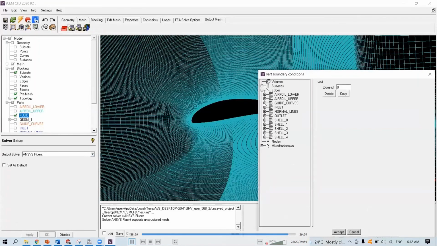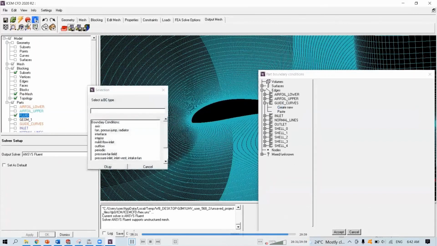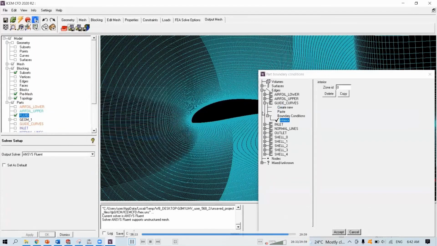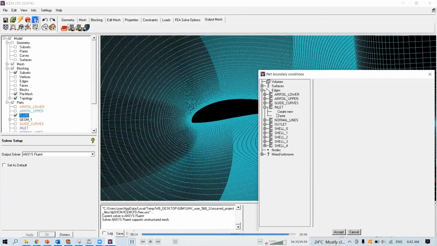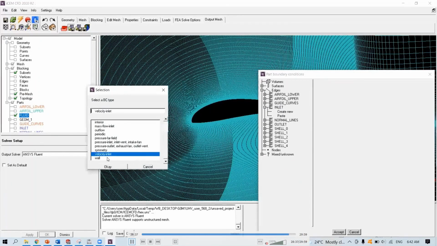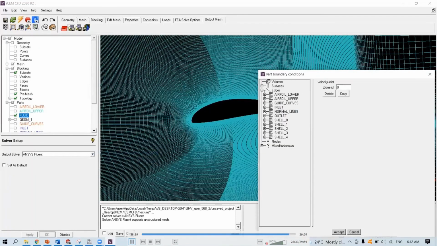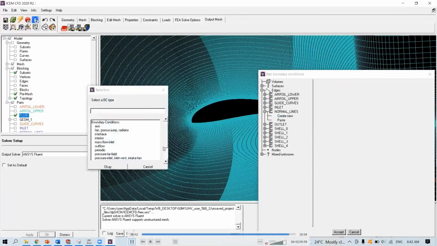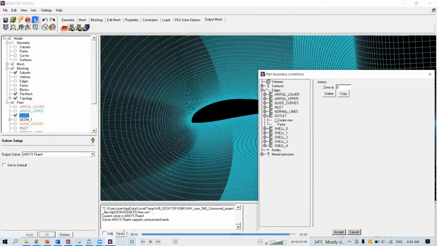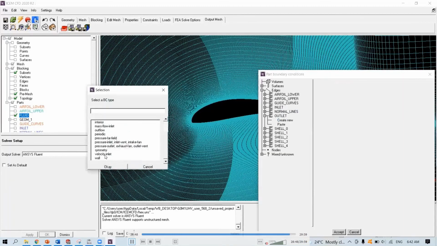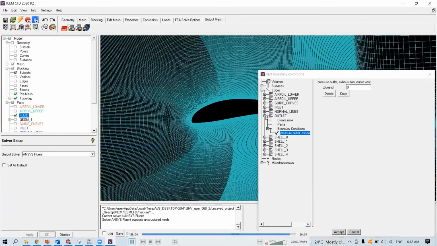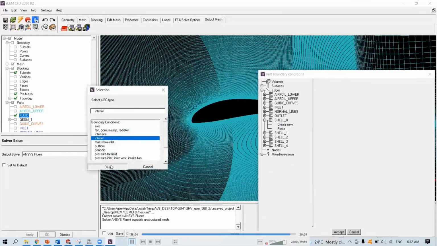All the guide curves, shells, and whatnot, you're just going to set as interior. It means that it won't affect the calculation. Okay, inlet as inlet, the rest as interior. Outlet as pressure outlet. Shell 1 up to shell 4 are going to be interior.